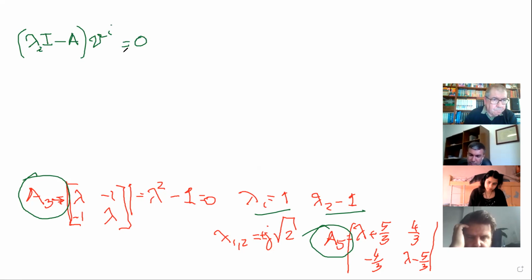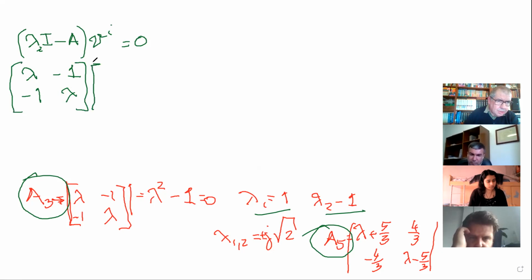Now, in this case, for instance, it would be the matrix with lambda, minus 1, and minus 1, lambda, times Vi1, Vi2,